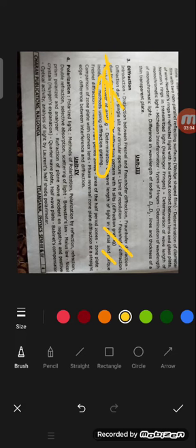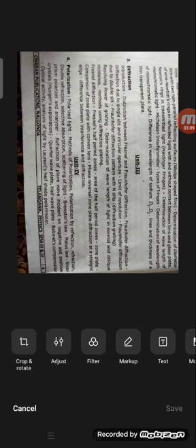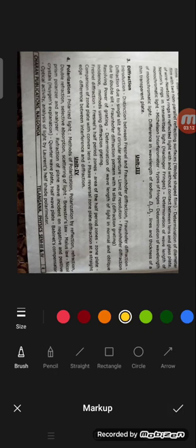A diffraction grating is nothing but a small device to form the diffraction pattern, right? Then Fresnel diffraction can be explained with half period zones. And the area of the half period zone, what a zone plate is, zone plate with the convex lens and phase reversal, then diffraction at a straight edge, and the difference between interference and diffraction. Interference is what we see in the unit 2 syllabus.